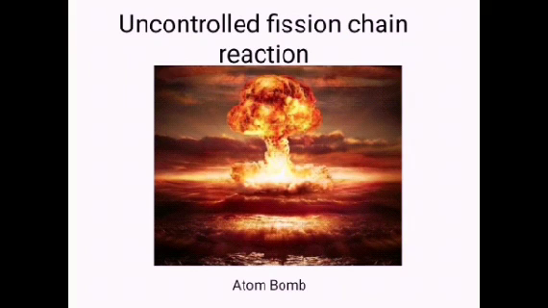What happens when a fission chain reaction goes out of control? The immense destructive power of atomic weapons derives from the sudden release of energy produced by uncontrolled fission chain reaction. The United States developed two types of bombs during the Second World War. The first, Little Boy, was a gun-type weapon with a uranium core. Little Boy was dropped on Hiroshima. The second weapon dropped on Nagasaki was called the Fat Man and was an implosive type device with a plutonium core.